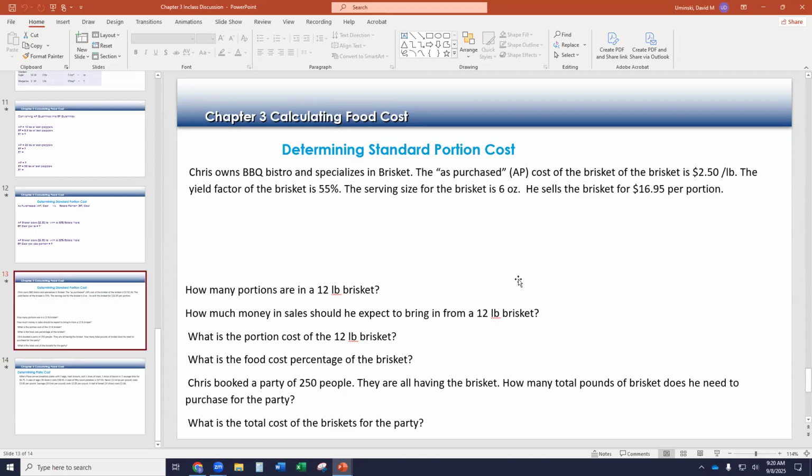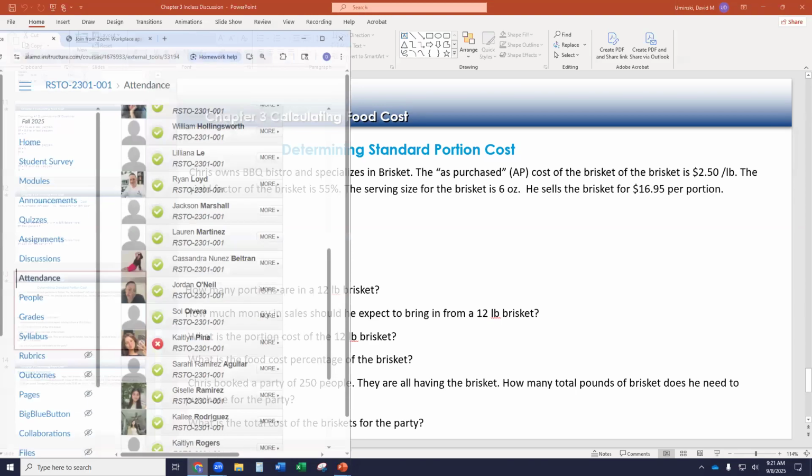For those of you who have taken basic skills, this will be a review. We are going to walk through this particular scenario and apply that AP yield percentage and edible portion. So on Wednesday in class, I would like for you, so that I don't have to do as much review between now and Wednesday,